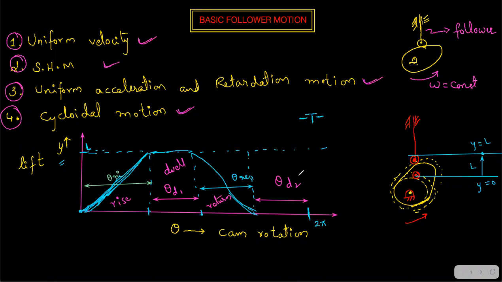Why do we represent the x-axis with theta, and what is the significance of it? What is theta? Cam rotation, right? So can I write theta is equal to omega t? Because angular velocity is equal to angular distance traveled by time, right? Distance by time is velocity. Similar to that, theta is the distance traveled in angular position, and theta by time is equal to omega. So theta is equal to omega t. Omega is constant, so I can say theta is directly proportional to t, right? So theta is representing the time.